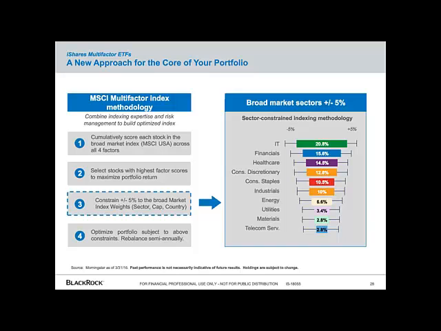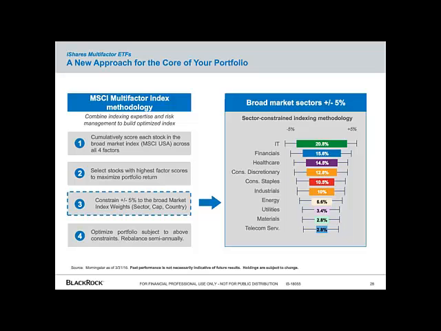The optimizer's goal, in this case, is to maximize exposure to securities with high alpha scores while controlling for sector, country, and other risk factor exposures just like MinVol. In addition to that, risk is constrained to be in line with the market. We know that clients are holding multi-factor at the core of their portfolio as an opportunity to get market-like risk with potentially better returns. So we want this portfolio to look like the market. Now, in this sense, our MinVol and multi-factor portfolios are 2 sides of the same core coin. The decision is, where do you want to minimize risk versus where do you want to maximize returns?